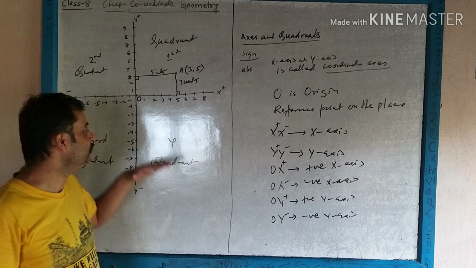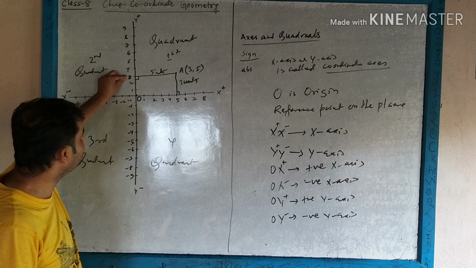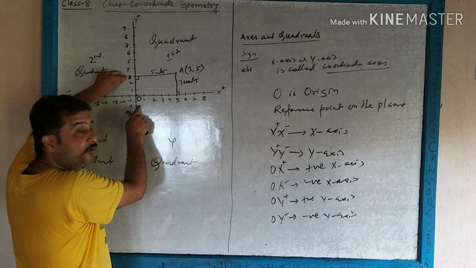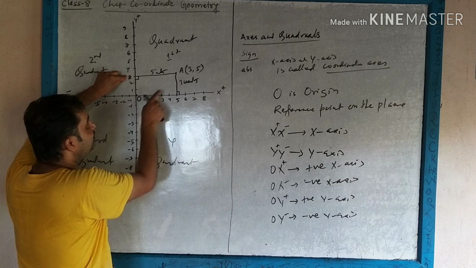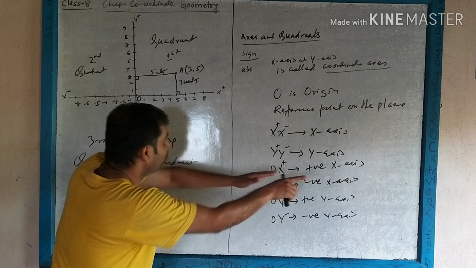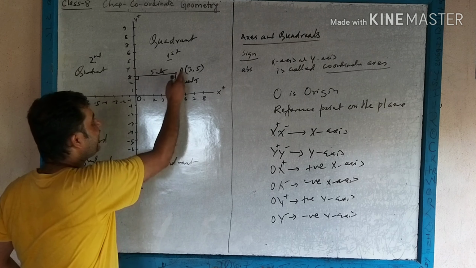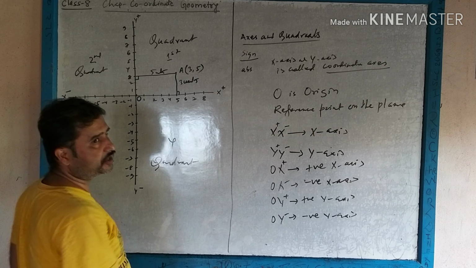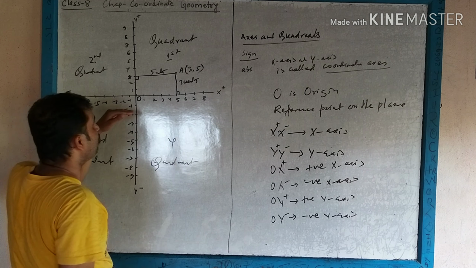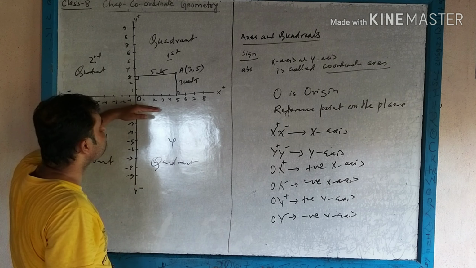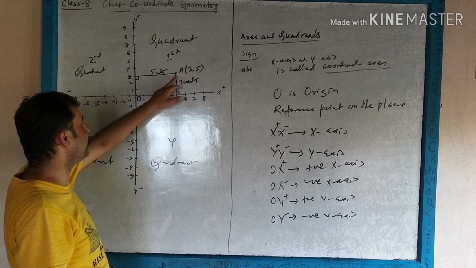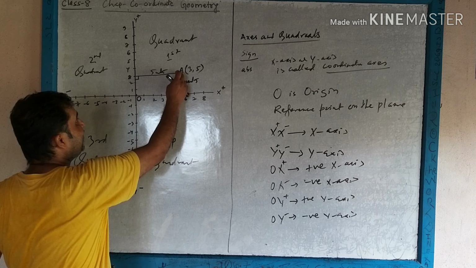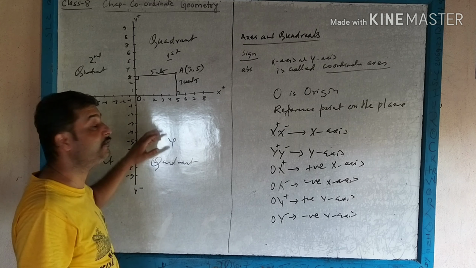How far is the point A from the origin? The point A is 5 units from the origin along the x-axis. That is the horizontal component. And the point A is 3 units from the origin